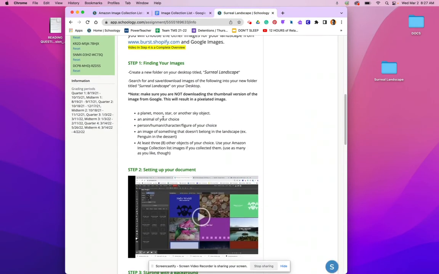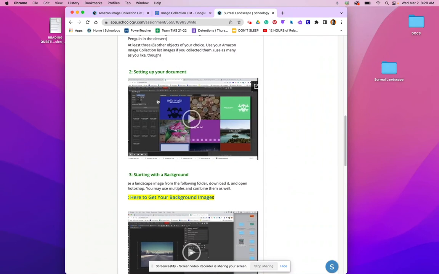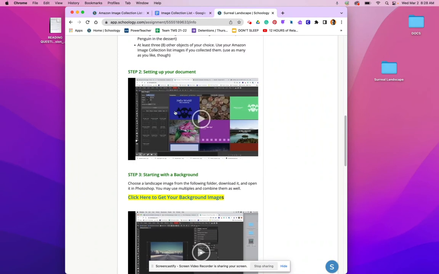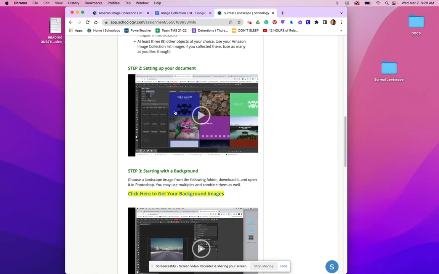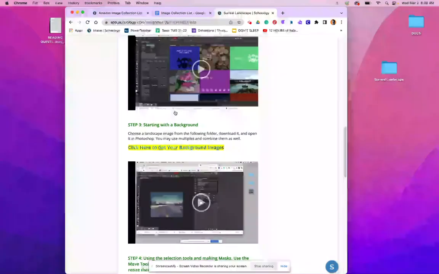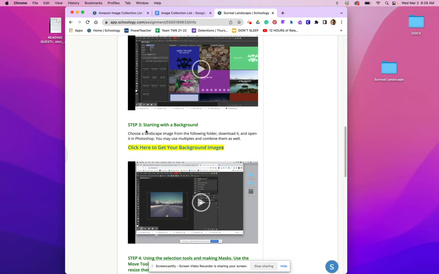Now, step 2, you're going to be setting up your document. So this is making sure that you have the appropriate size page, which is going to be an 8.5 by 11. For step 3, you're going to start with your background. Now you want to click this link here to get your background images. If you want, you could pick multiple and combine them like we've done in the past, but you cannot reuse your combination landscapes. If you're going to combine landscapes, you have to do it for this assignment